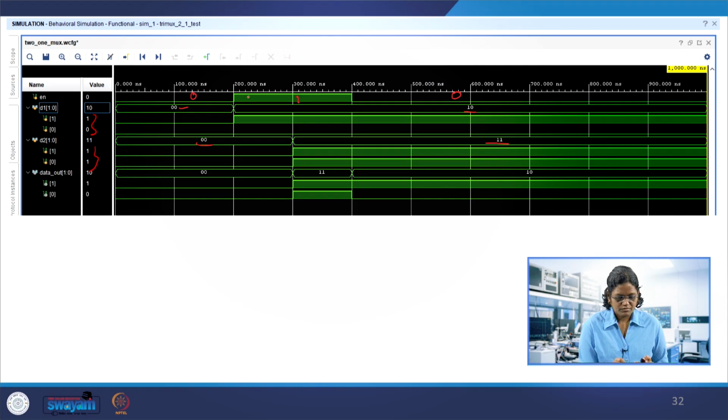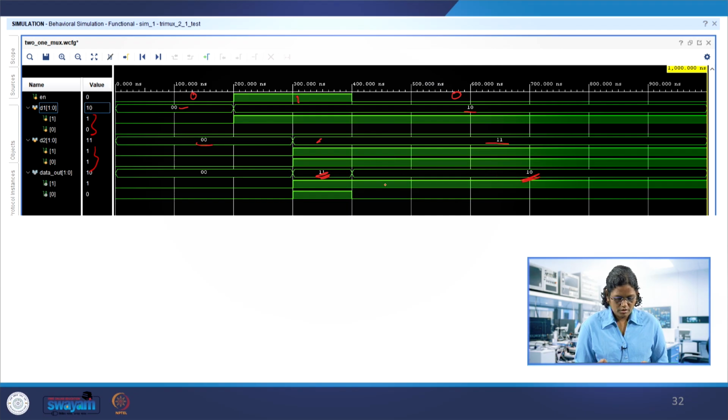And here, the enable is made 1, but the data out is still going to be the 0 0 of D2, because it's not specified; the previous value, which is 0 0, is taken. And when enable 1 is there, then data 2 is picked up, which is 1 1. Here again this is 1 1, and you can see the changes in the case of 1 0 as well. Enable 0 means data 1 should be picked up; if data 1 is not specified, the previous data 1 will be copied here as well. So this is 1 0.